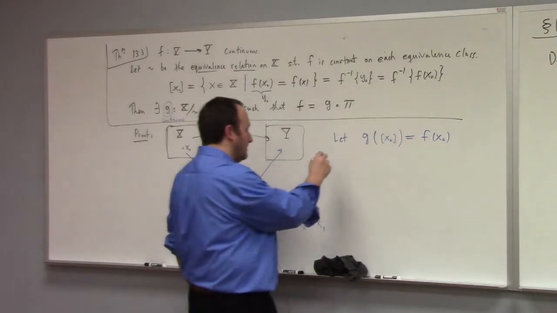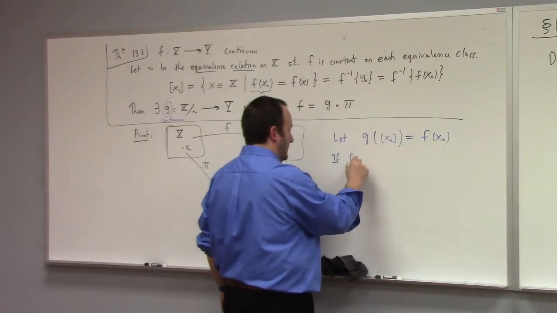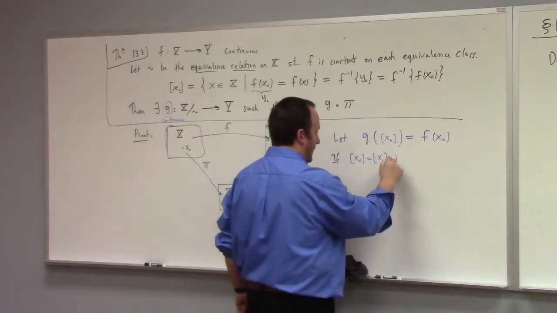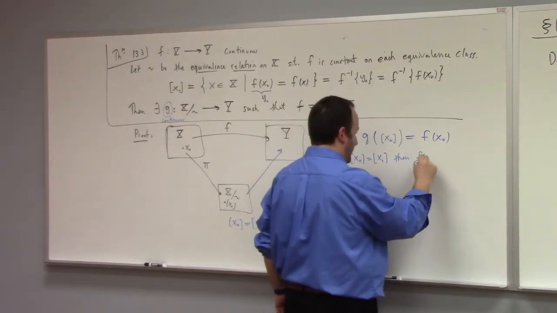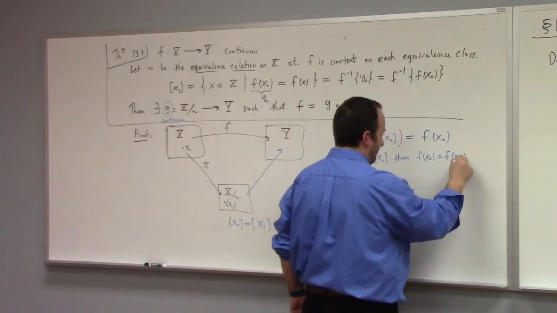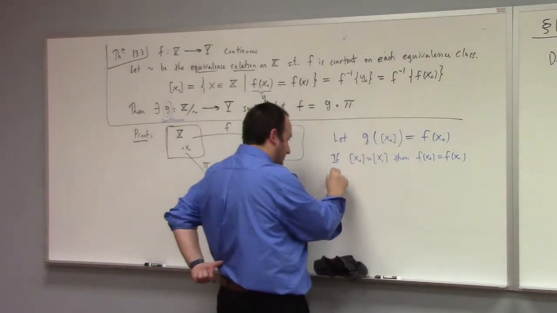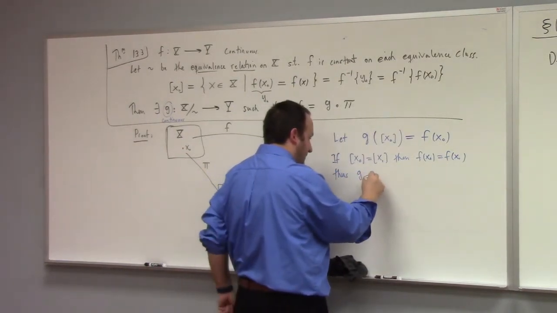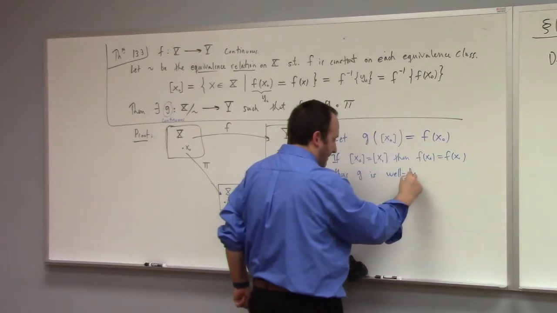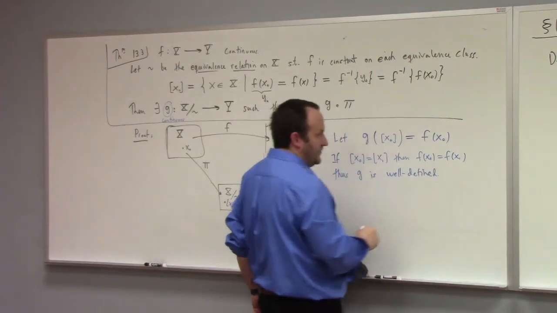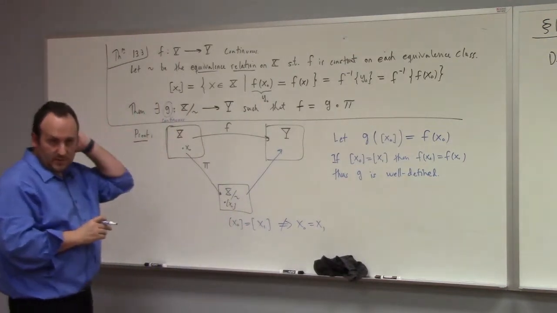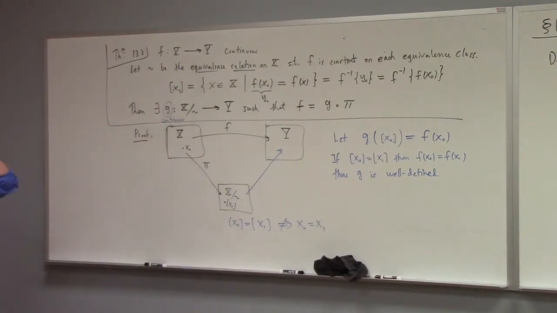If x0 equals x1, then what is it? F of x0 equals f of x1, right? Thus G is well defined because it is independent of my choice of representative for the coset. Well, excuse me, for the equivalence class in this case. Coset is too specialized a term here. Does that make sense? Now, can you check, does that G, my G so constructed,